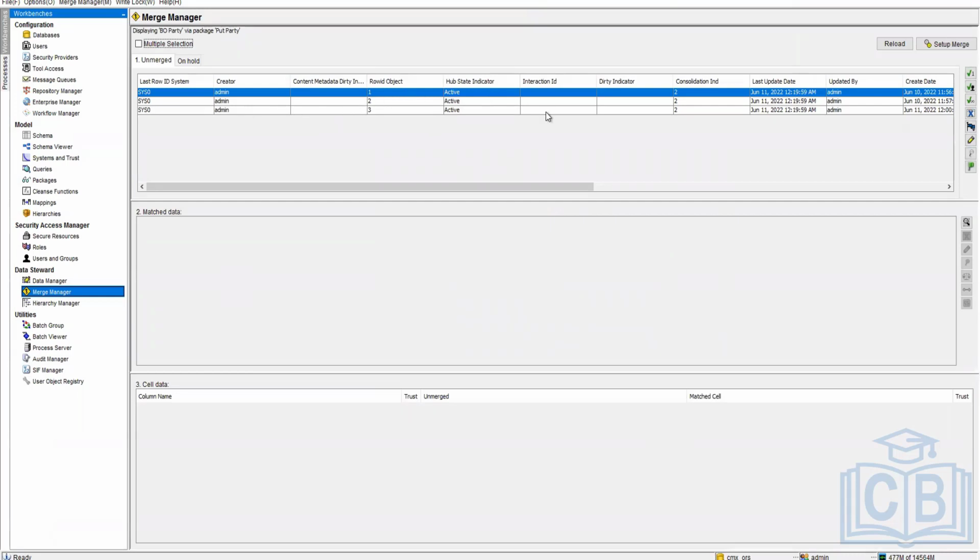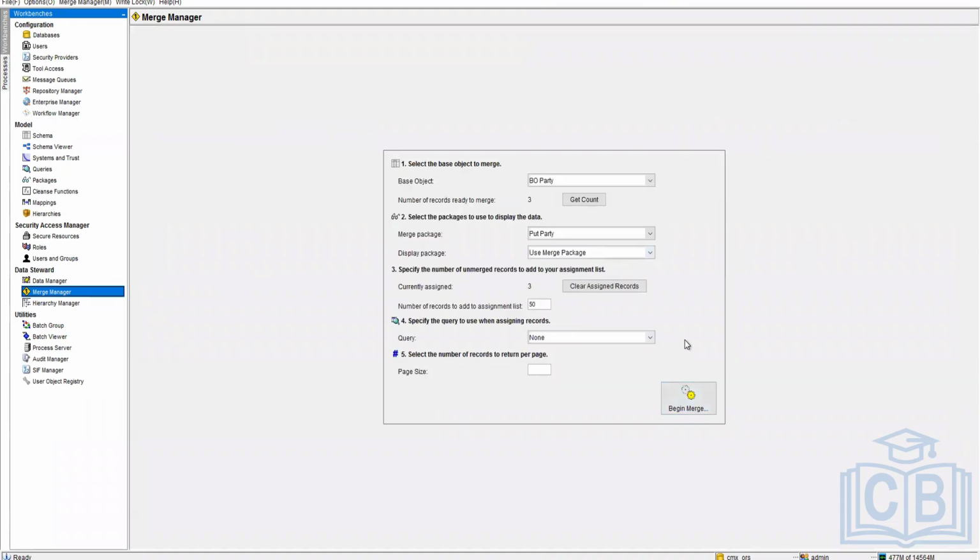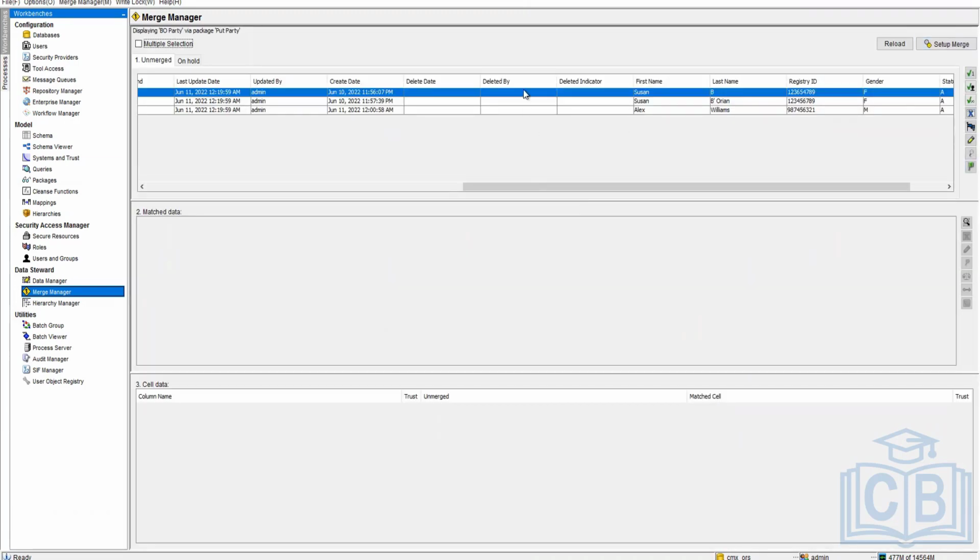So you can see all these records which went into match and merge. So this one and this one. This record and this record should have merged together. So I have to actually check this record, why it didn't go with